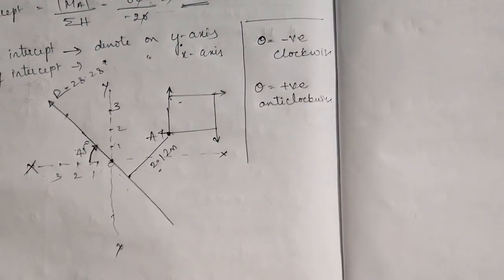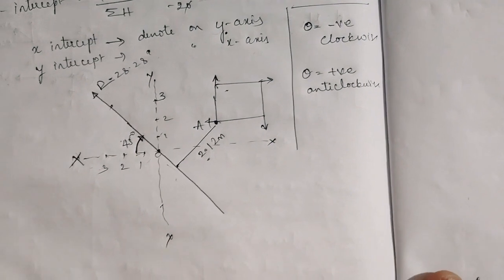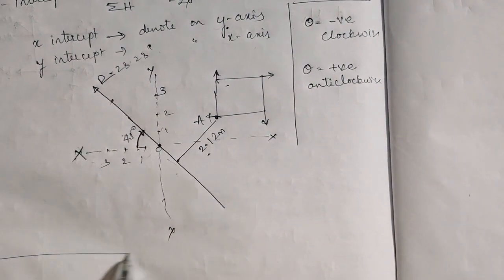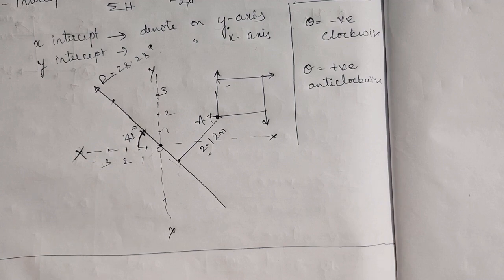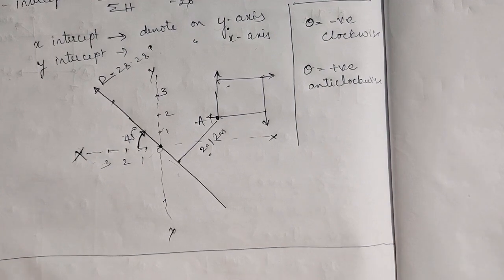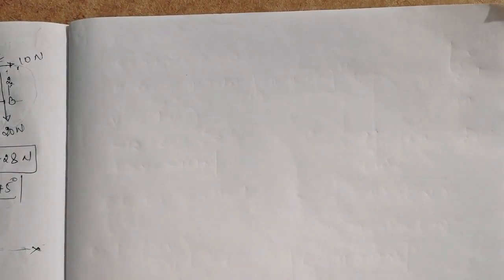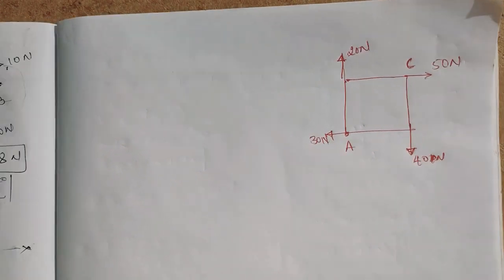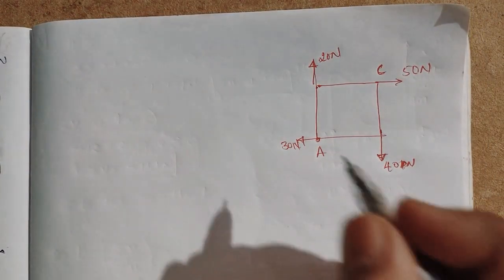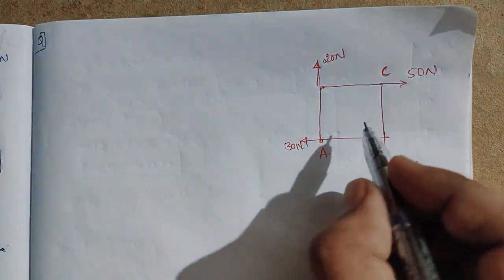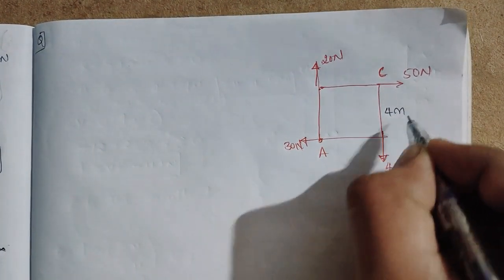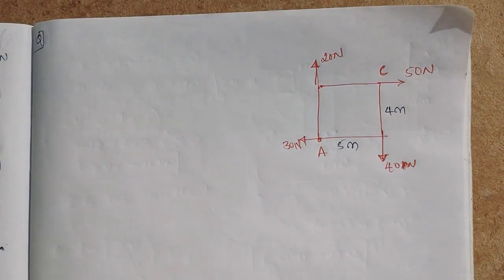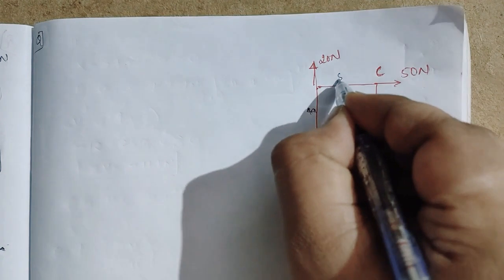Okay, I'll solve another problem, so you will get practice, or you can clear your doubts. So I'll take second problem. I'll write the question. So next question, the question is almost same. We have to find the same findings but with a different dimension, that is, this is 4 meter and this is 5 meter. This is not a square, it is a rectangle. So 4 meter, 5 meter.